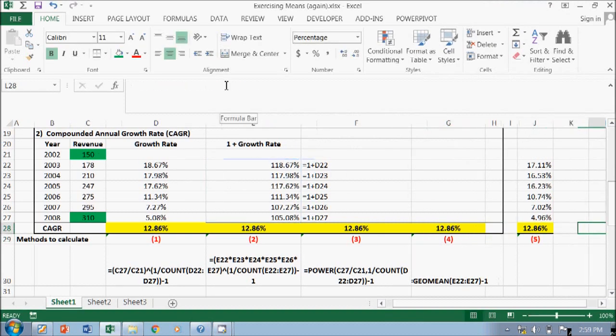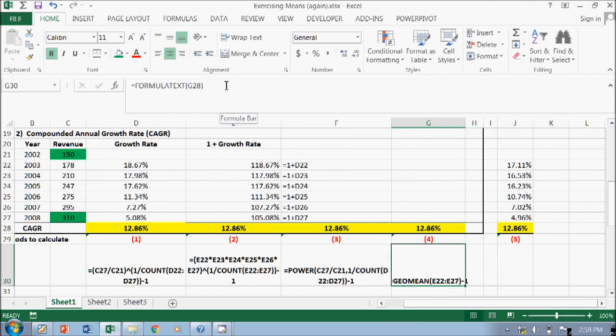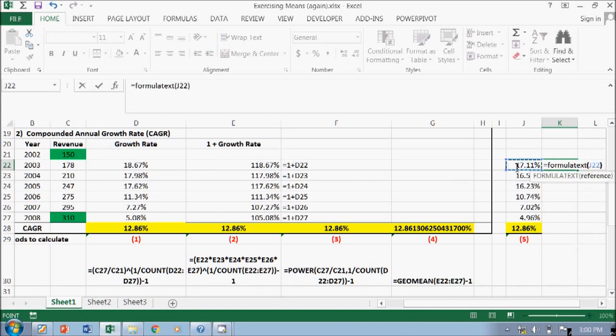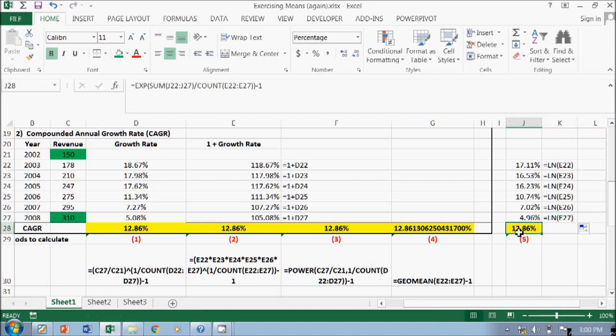Okay, and then the fifth method is I will use the LN from the growth. So you can see this is the LN of the E22. Once I have the LN, I will put the formula here so you can see my formula. Okay, I use LN, and then I just drag it down. Once I have this, I have to